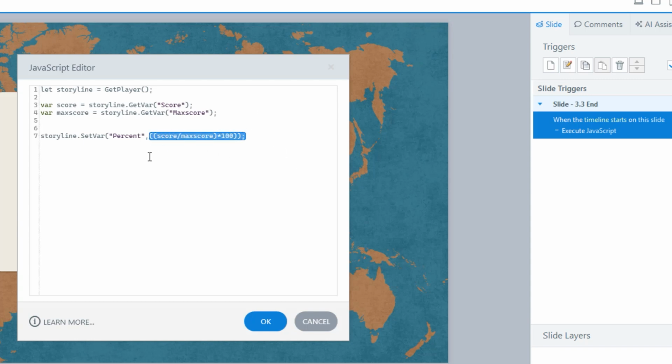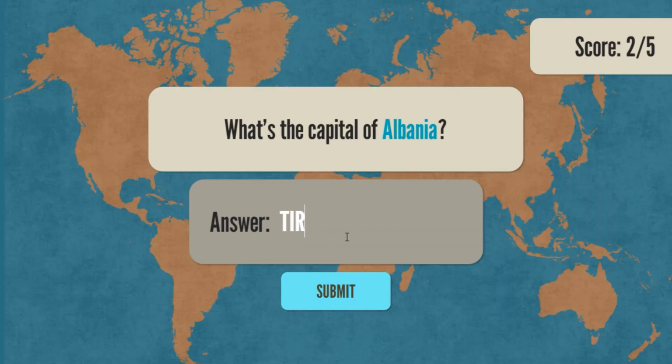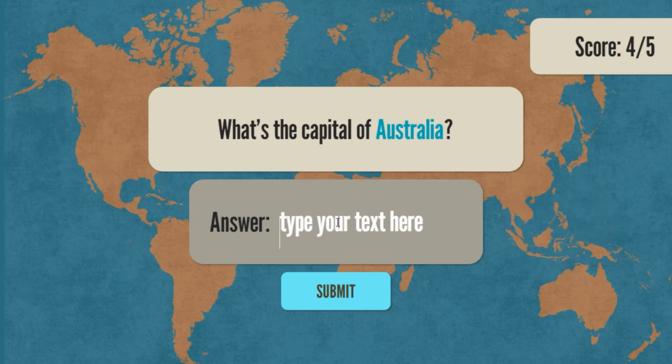This here is much closer to how I actually think about the math. And finally, trick number 4, finding bugs quickly. Raise your hand if you've ever screamed at Storyline because it wasn't working and you couldn't figure out why. So this is my triggers version with 5 questions, and right now there's a bug in this program. Once I've asked the 5 questions, it's supposed to jump to the end with my final score, but it's just